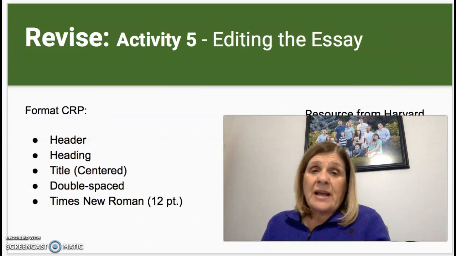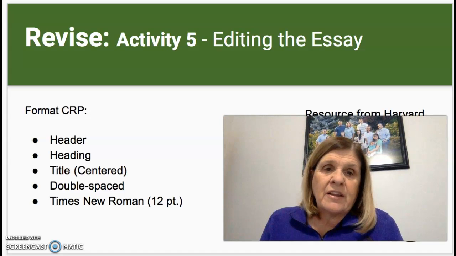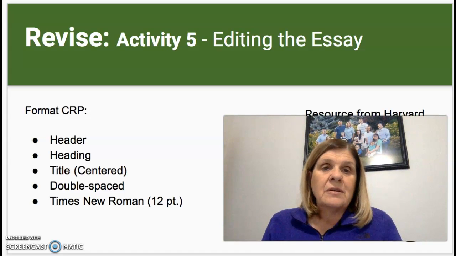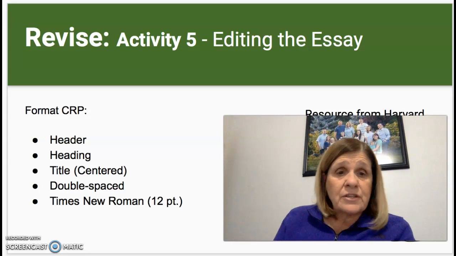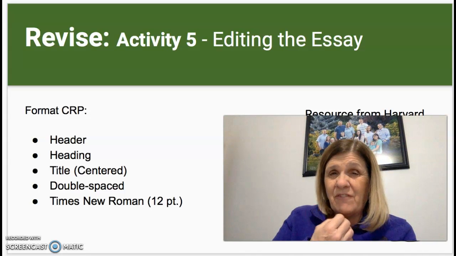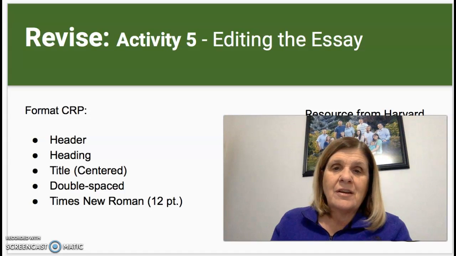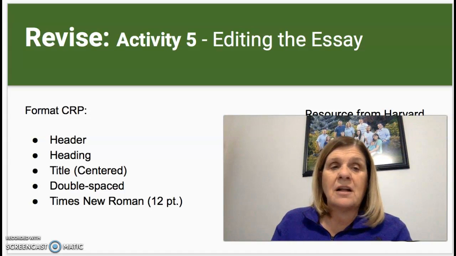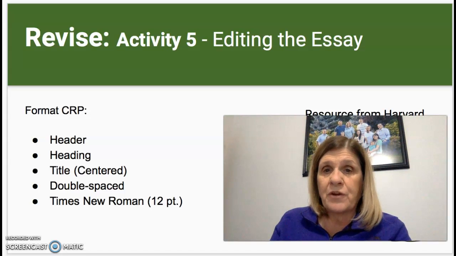The next thing is activity 5, which asks you again to look at editing your essay. Make sure again that you're following the basics of MLA style that I put on the left side of this slide. And then on the other side, if you have any kind of flaw in your writing, there is a link to the Harvard website. It will go over lots and lots of subject verb problems and all of those editing details, mechanical details, conventional details that need to be cleaned up before your final draft is submitted.